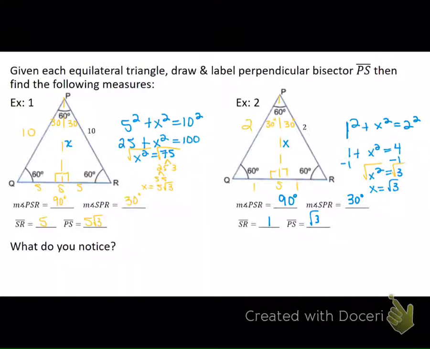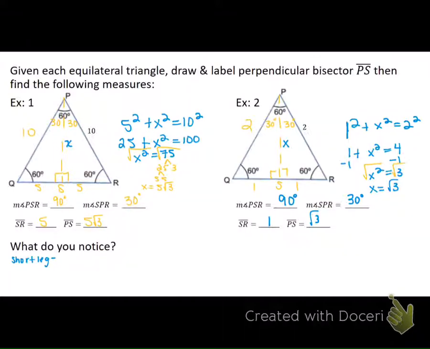5 root 3. 1 root 3. It's always like, okay, so we have a short leg. I don't know how to say it, but I know what you're saying. So we have a short leg, which is the smallest side. That's the one opposite the